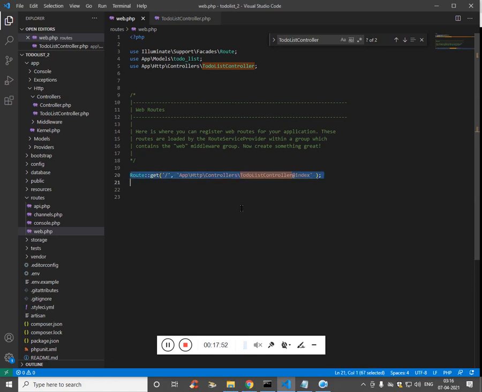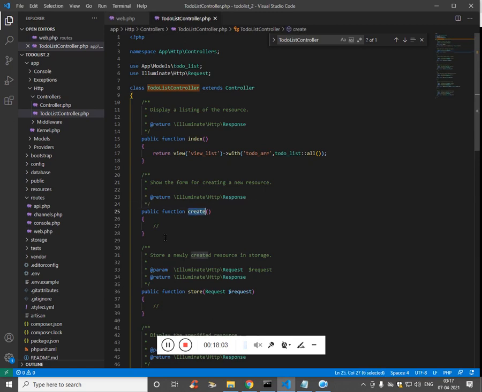So the next thing is create. So when there is a call for the URL create, it should get into the function called create, and it should return the view. We have not created the view yet, so let's create it: create underscore new list.